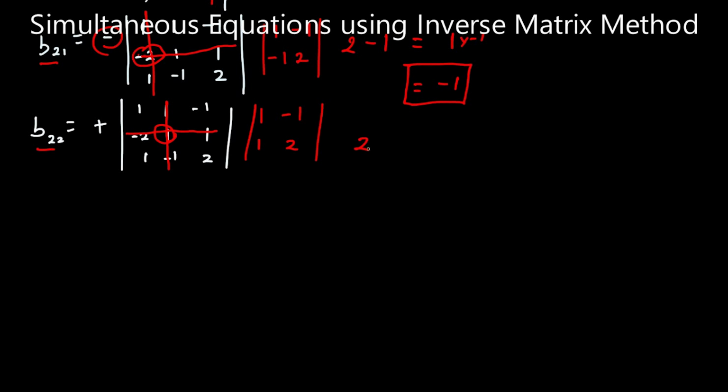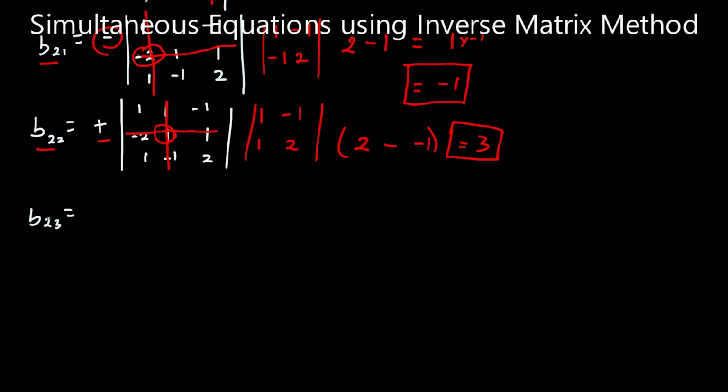2 times 1 is 2, minus 1 times minus 1 is minus 1. So we have 2 minus minus 1, which will give us a 3. The sign is positive, and therefore this will remain as it is, as 3. We move ahead. The element in B23,